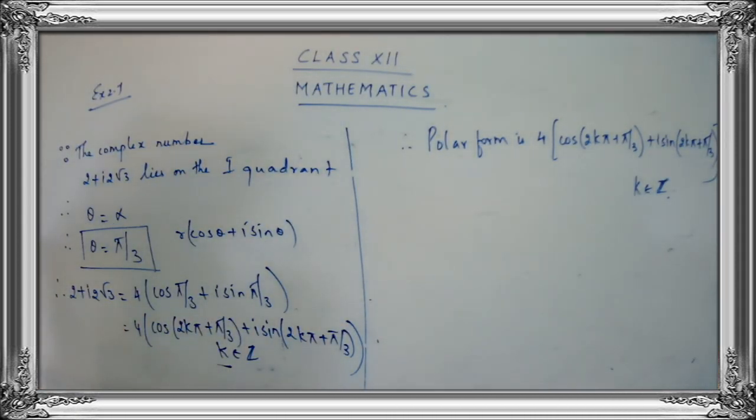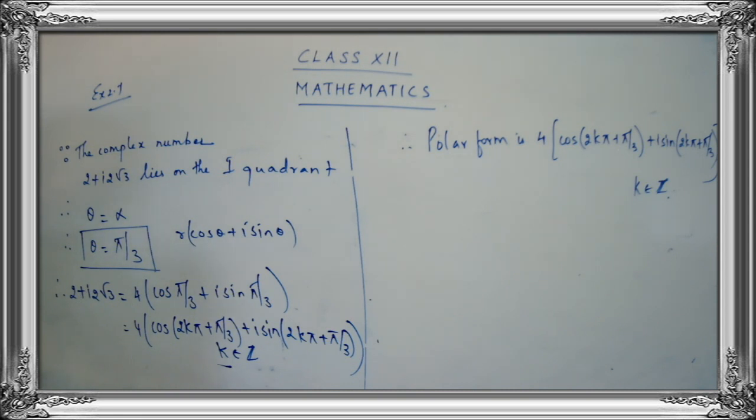Okay, children, so now just come for the homework part. You have to complete subpart 2, subpart 3 and subpart 4 as homework. Your homework will be subpart 1, subpart 2, subpart 3 and subpart 4. Very easy. Second one, just check for the quadrants properly. If you get the correct quadrant, you will get the answer properly.